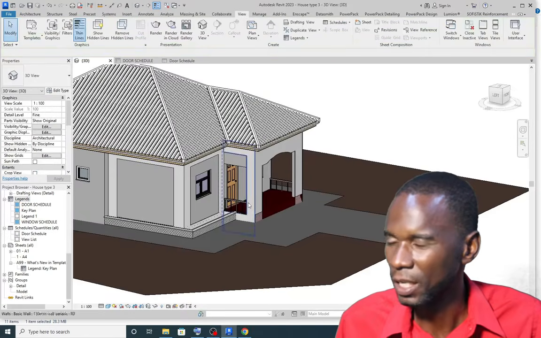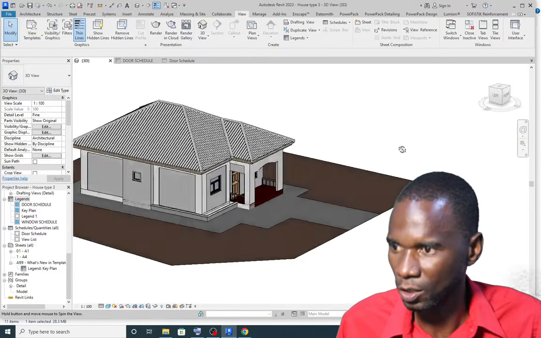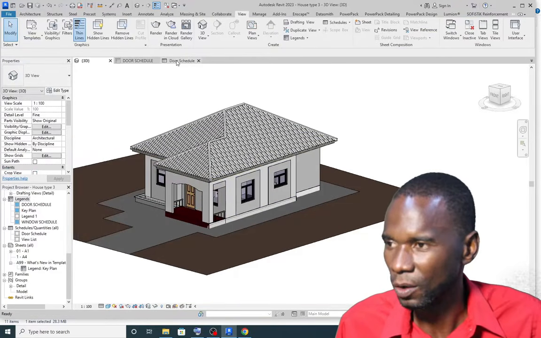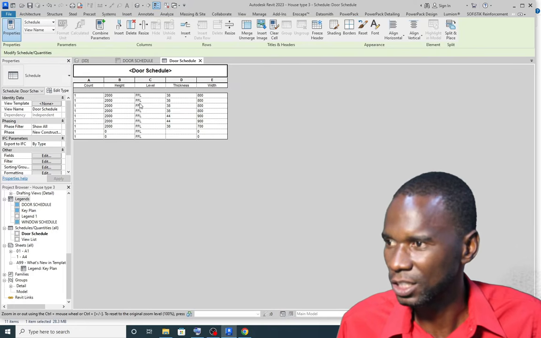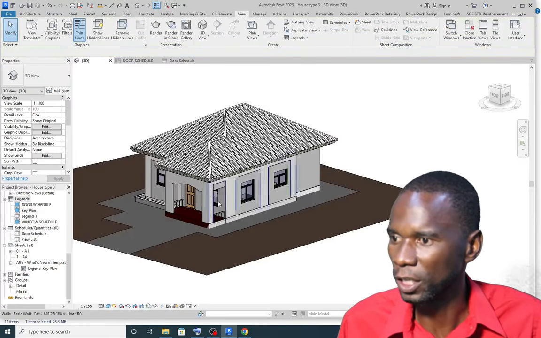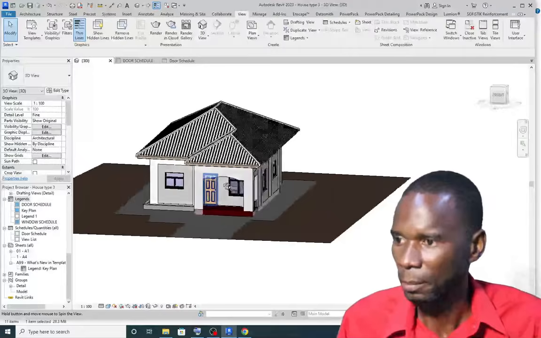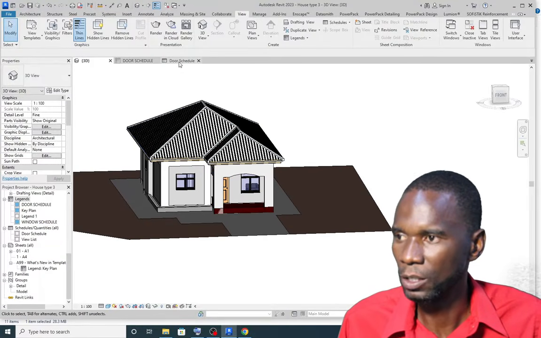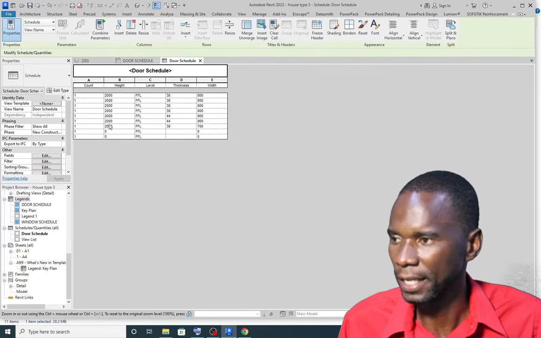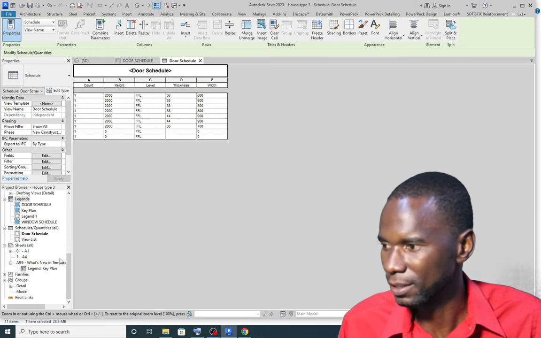This means that if I change anything from the door, within the doors there, the parameters will change from here. The height can change, the level change, the thickness and everything, depending on what you are doing within your model right there, as you can see from here. I'll simply go back to that one there, and as I've explained, you are able to place this on your